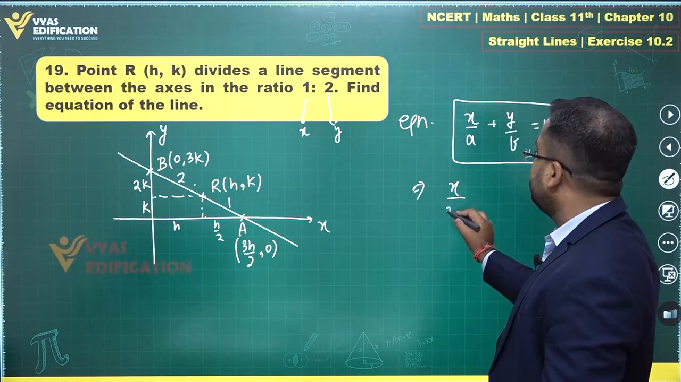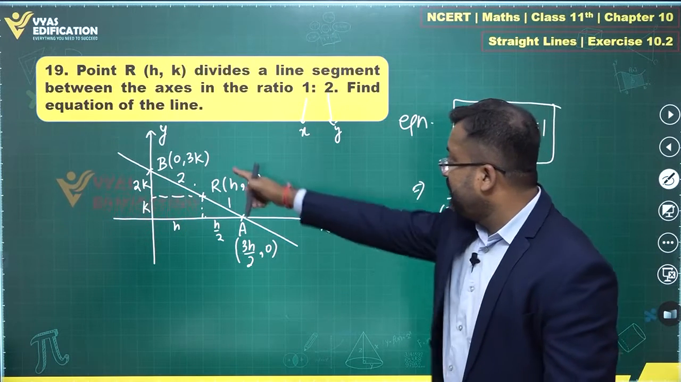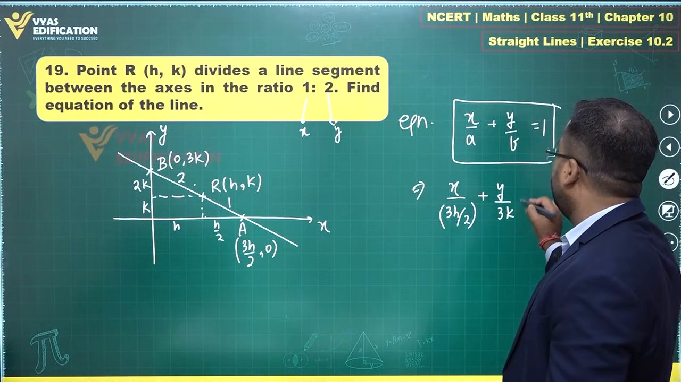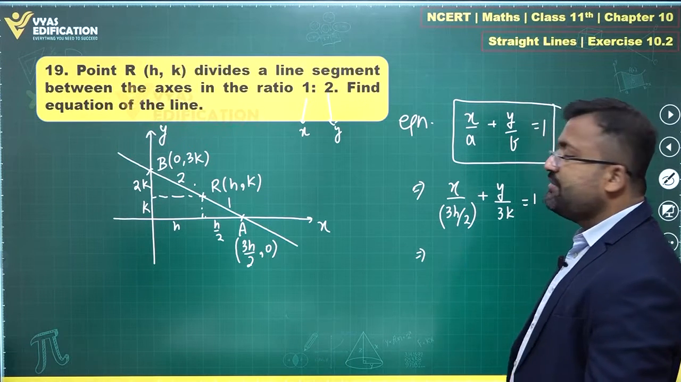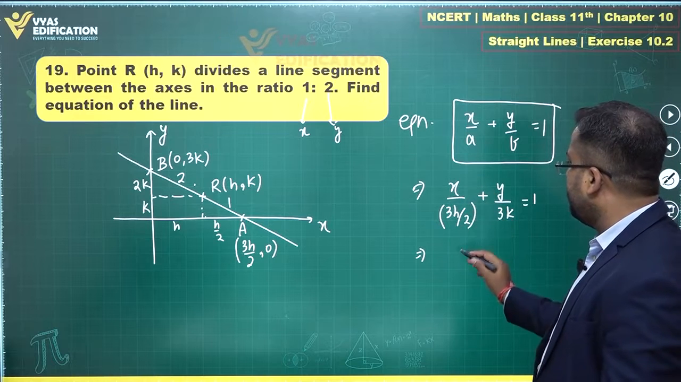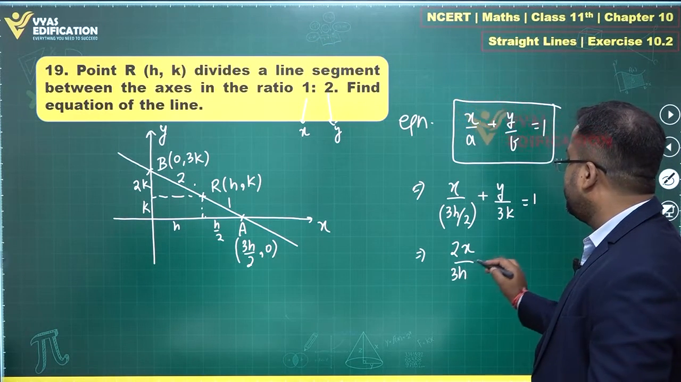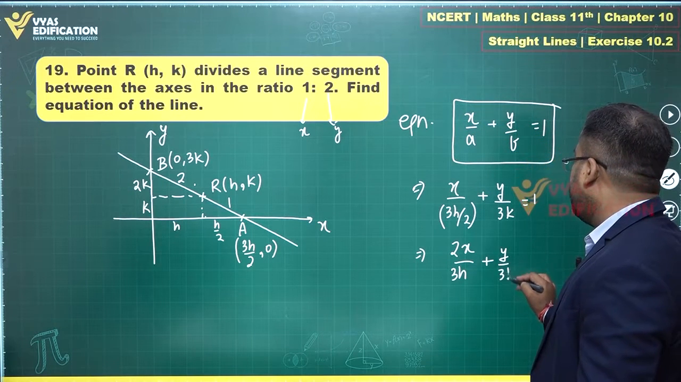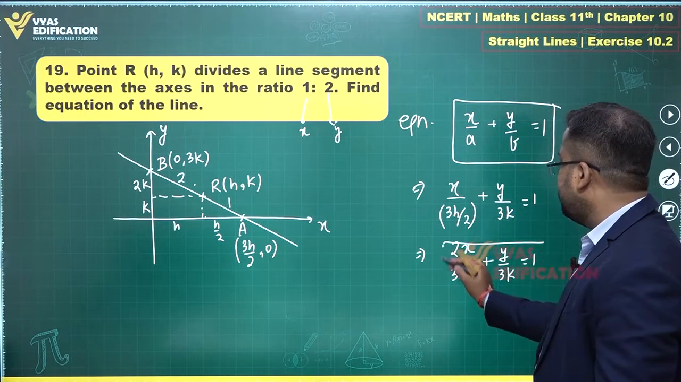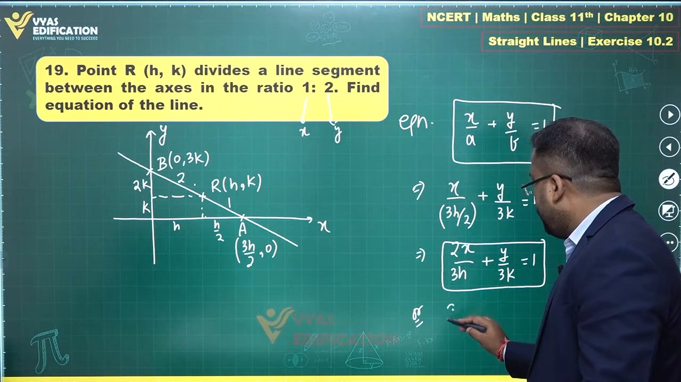x/a, which is 3h by 2, plus y upon k with b, which is 3k, is equal to 1. This can be further simplified: in the denominator we have 3, let's multiply by 3, this 2 comes above, so this is 2x upon 3h plus y upon 3k equals 1. You can leave the answer at this stage, or you can multiply by 3hk and it will become